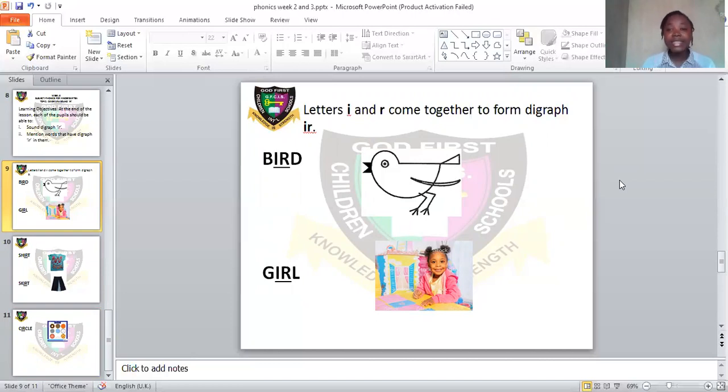Now we all know that letter I sounds E, and letter R sounds R. So letter I, which sounds E, and letter R, which sounds R, come together to form digraph sound IR. For example, we have